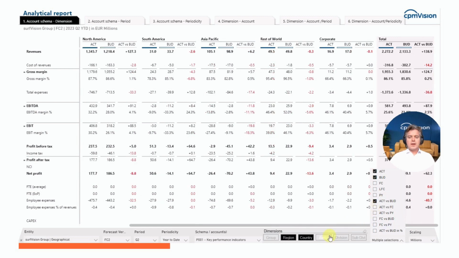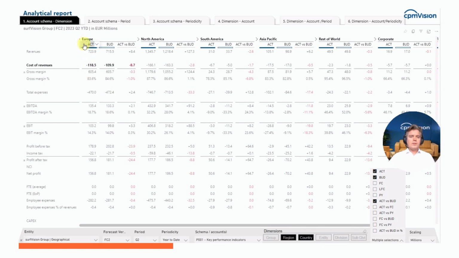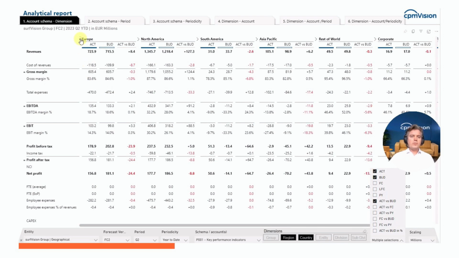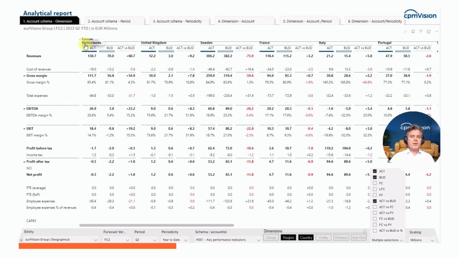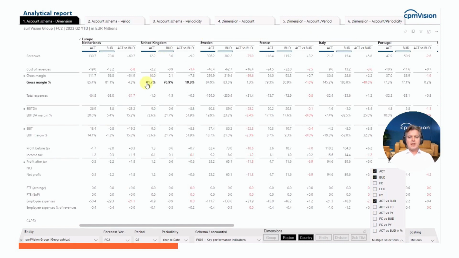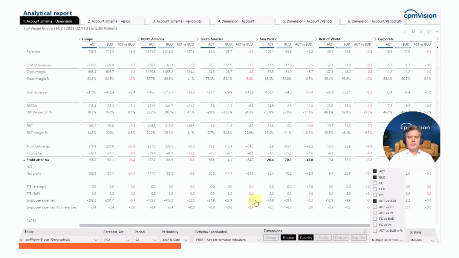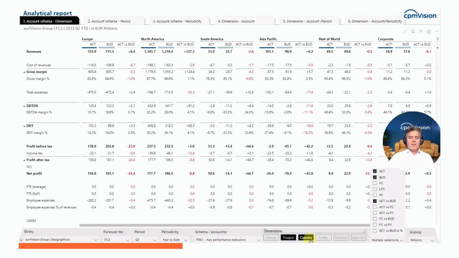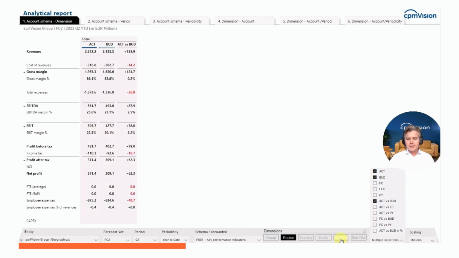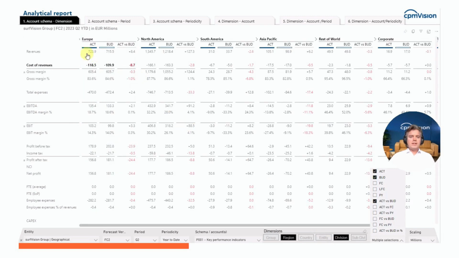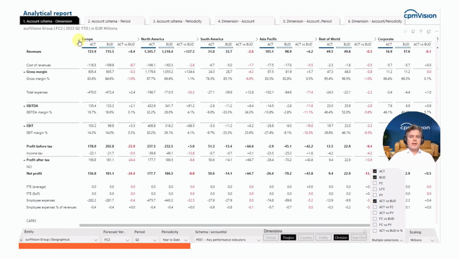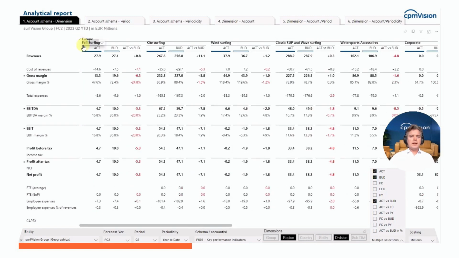Let's take out prior year for a second and just show you the power of the rest of the report. As you can see, Europe, of course, consists of different countries. I can open it up here, and I see my developments by country. That's, of course, similar for any other region. But I might not want to look at the countries. I might want to look at, for instance, my divisions. So by adding now region and division, I can open up Europe, and instead of looking at the countries now, I get